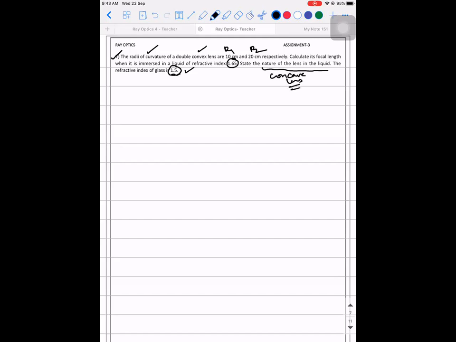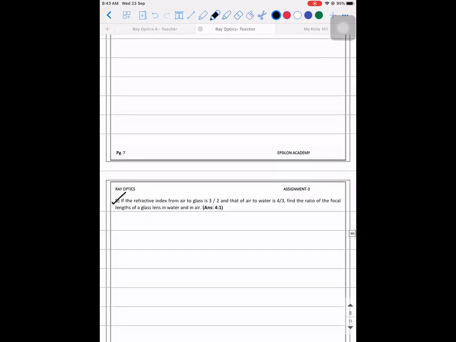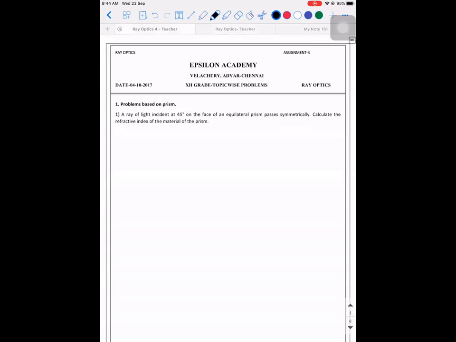What is the value of focal length? You people calculated using the formula. So all other problems are also the same scenario. With the hope that you people are comfortable with this lens maker's formula concept, I'm proceeding to the next one. Shall I move on? Okay, sir. Yeah, good. So the next concept that we are going to see is prism.